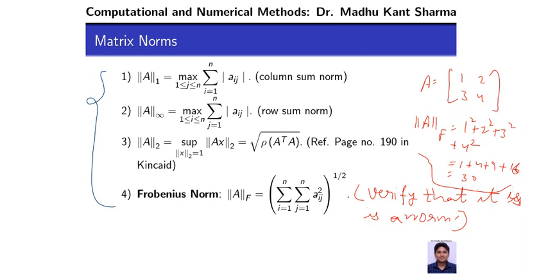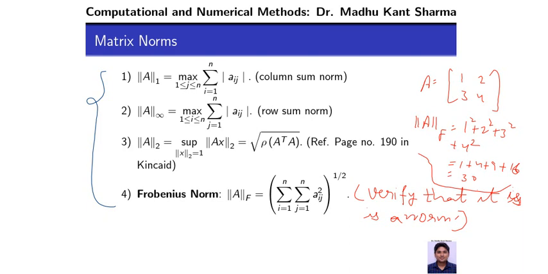Okay. Now what we wish to know about this more is whether this is a subordinate norm. Can you relate it with a subordinate norm or not? The answer is no. Why? Because for a subordinate matrix norm, the requirement is that the norm of the identity matrix, the subordinate norm of the identity matrix, is 1.